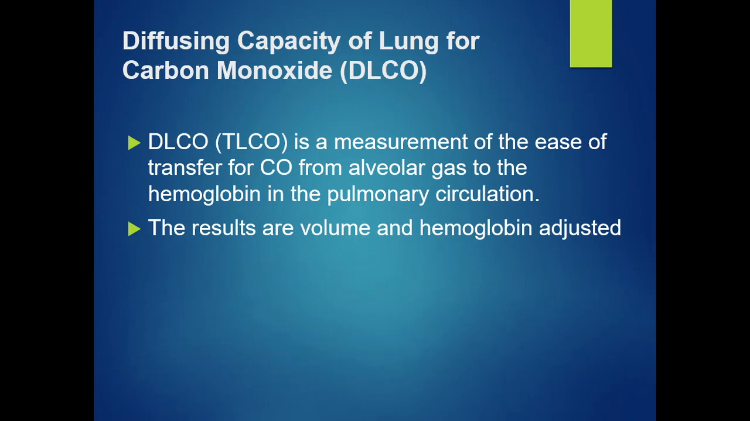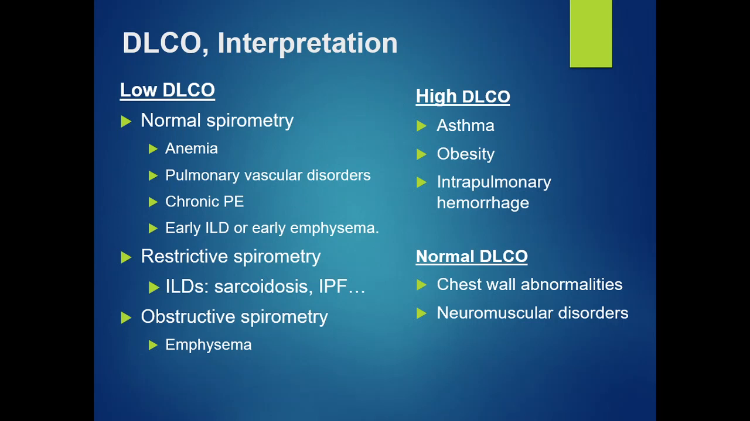The diffusing capacity for carbon monoxide: our lungs are naive to carbon monoxide, especially if we don't smoke. So the measurement of the ease of transfer of carbon monoxide from the alveolar gas to the hemoglobin in the pulmonary circulation is measured, where the results are volume and hemoglobin adjusted. Now the simple interpretation of the DLCO: if it is low DLCO and normal spirometry, you would think